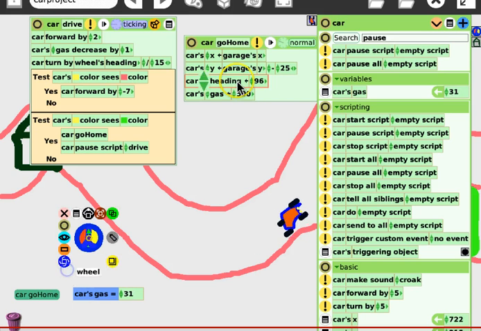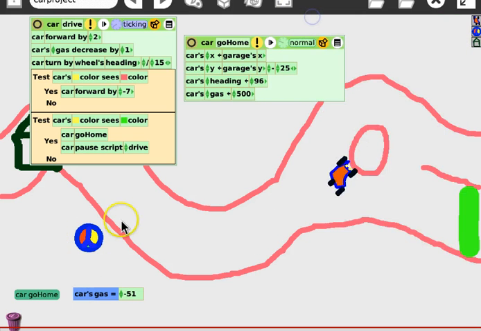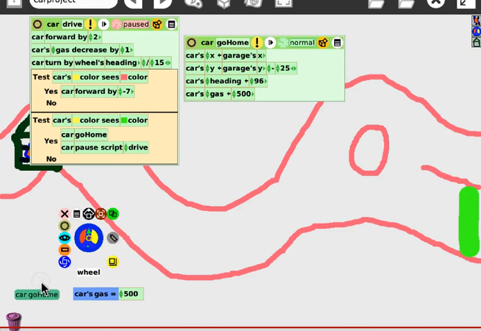Why doesn't it matter? Right, because if I run out of gas, unlike real life, I get to keep going. Look, I've got negative 200. I owe a lot of gas. One day it's going to cost me. Oh, but now I've got 500 again. Who cares? All right, so what we need to do then is to put in some kind of a conditional